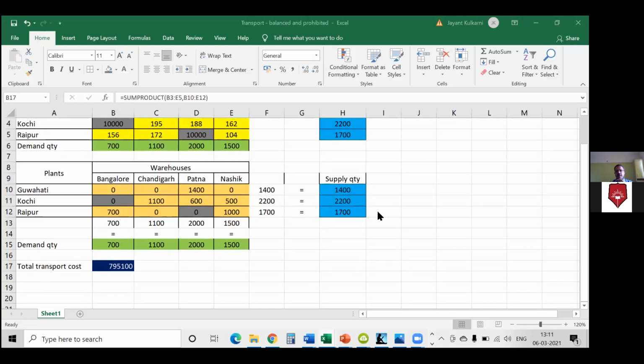I'm seeing some answers now here that some of you have got the new answer also. So that was the concept of prohibited routes. Have you understood the concept of prohibited routes? If it is not clear, then put it on the chat. If you did not understand the prohibited route concept, put it on the chat accordingly.